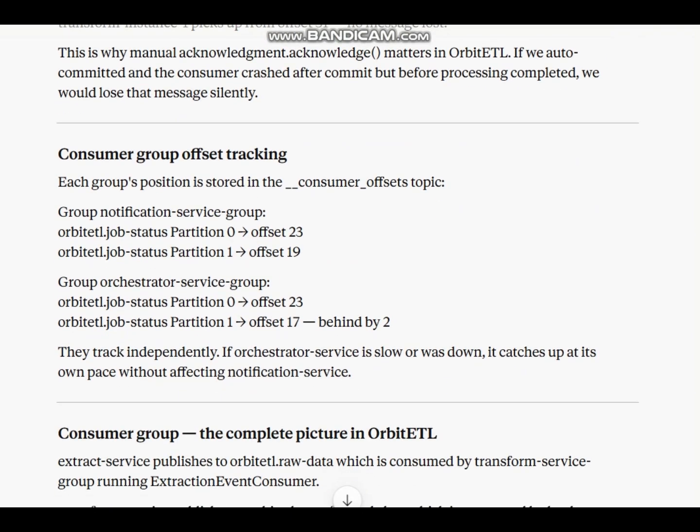Consumer group offset tracking. Each group's position is stored in the consumer offsets topic. Group notification service group, orbitetl.job status: partition 0, offset 23; partition 1, offset 19.